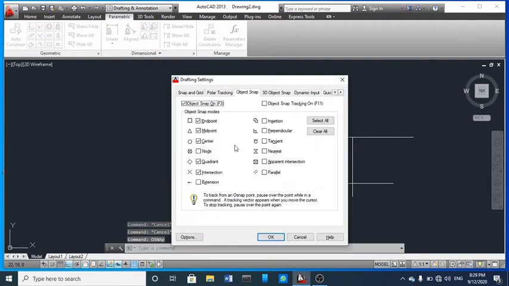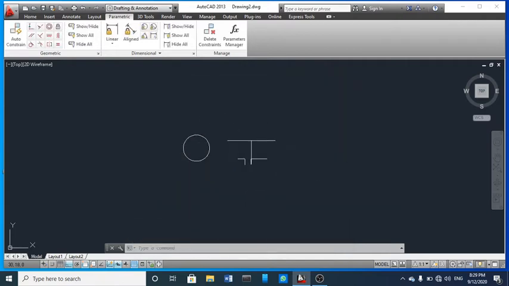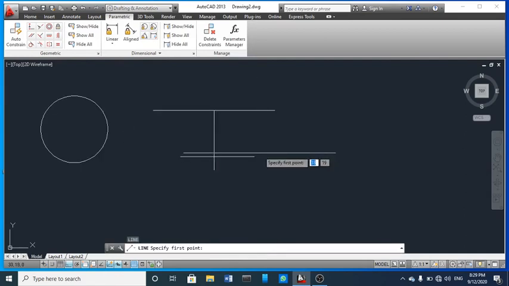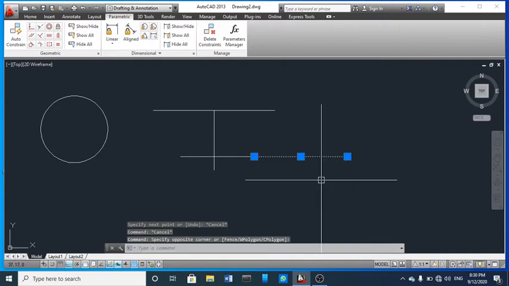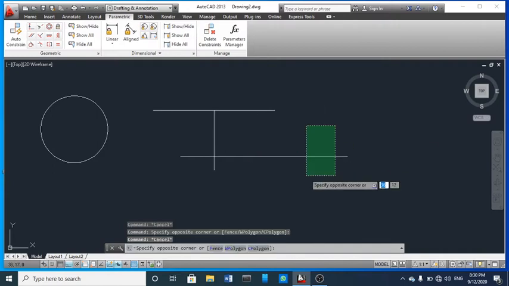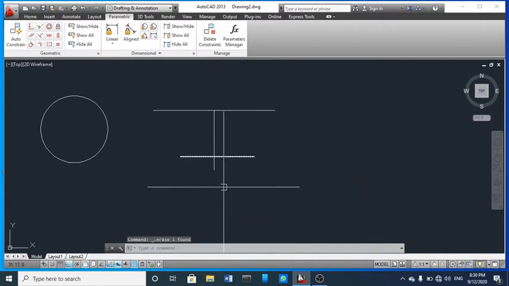Let's come to another. Now this we have already seen. Now this is called extension. If you want to use this extension, if you want to draw any line through an already existing line, I am going to extend this. So you can see there is a dotted line. This is called extension line. If you want to extend this, you can just click somewhere and you can extend this line up to whatever length you want to extend.